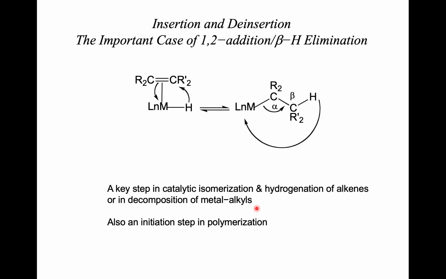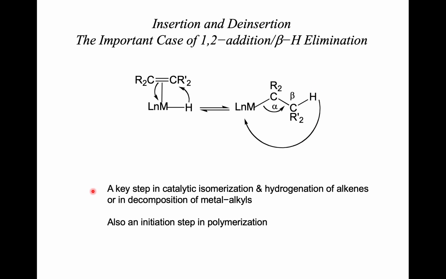All right, finally, and we'll just kind of preview this one, insertion and deinsertion reactions. Another type of reaction that can go is we take a metal and we bind an alkene, cis to a hydride, and this inserts in, and we had at first here a metal-hydrogen bond, and we had an alkene sitting right next door to it. Now we have a new metal-carbon bond,